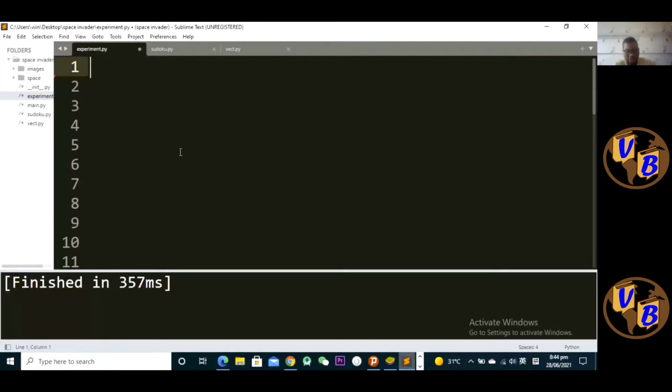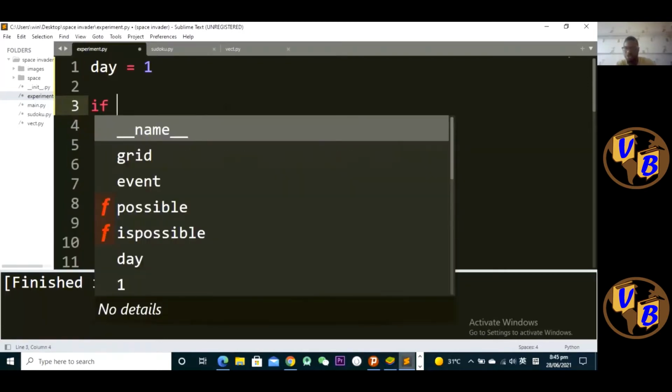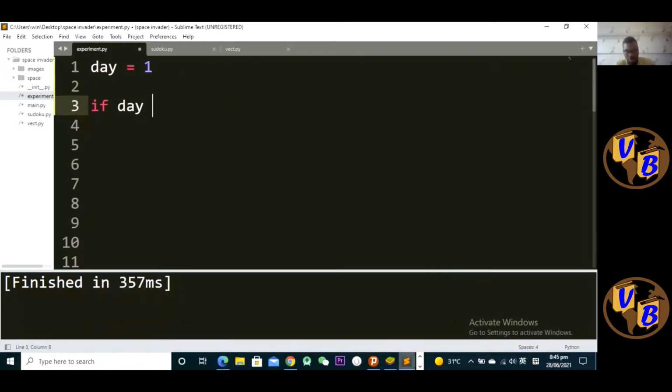So let's say I have a variable called day and I give it a value of 1. This 1 could mean it's a Monday. And so I want to check what day it is on a given day. Let's say I'm going to use an if-else statement. If day is equal, double equals sign, this means equal, to 2, let's say it's a Tuesday,